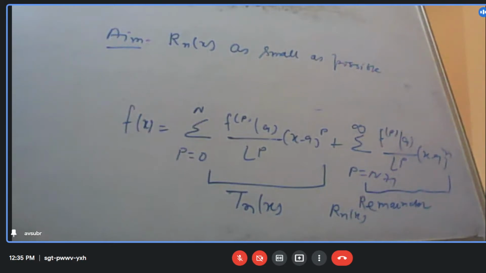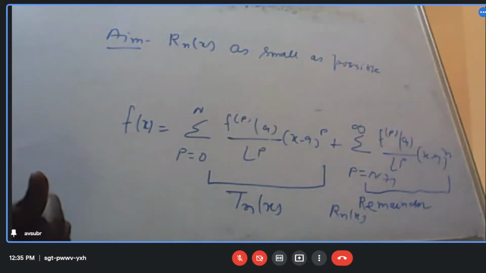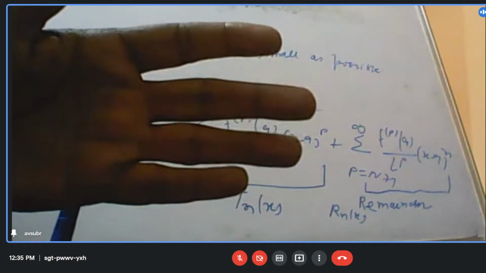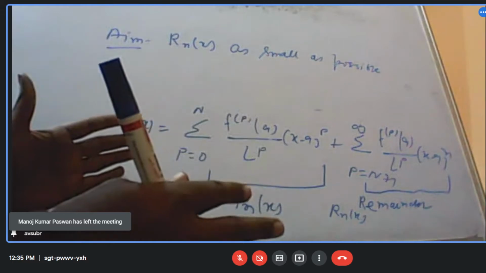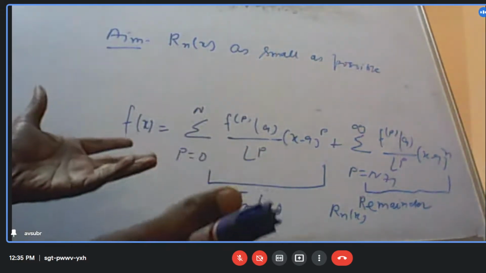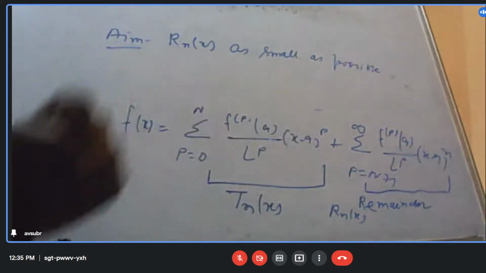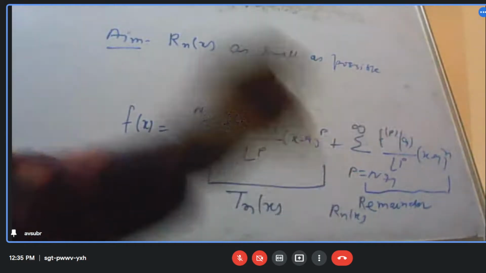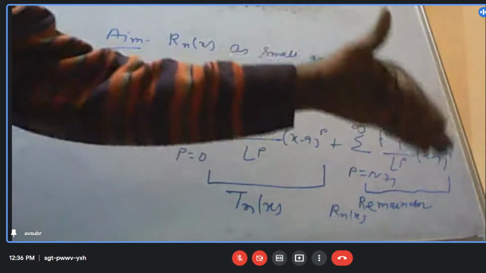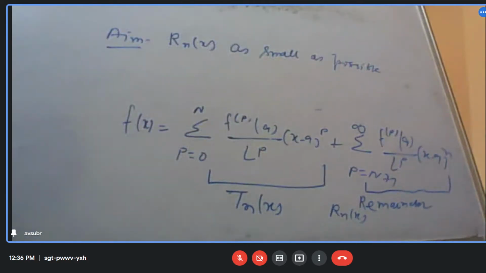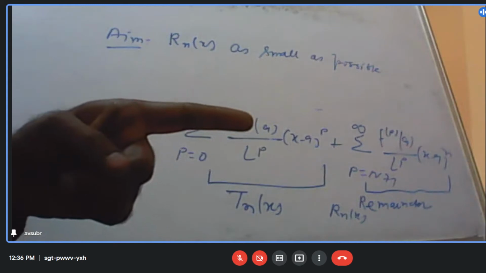No. Then what do I need to do? I need to terminate the series at some point, after 5 terms, after 7 terms, after 10 terms. Then I can take the approximation. Whatever is left out will be the remainder, and that will give me what I'll call the error. Isn't it? More and more terms I keep on adding, less and less error will be there. I hope I am clear.